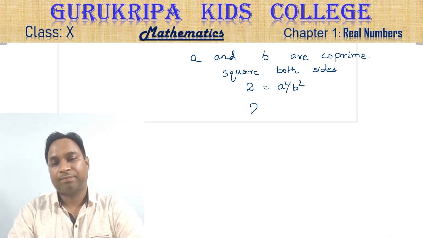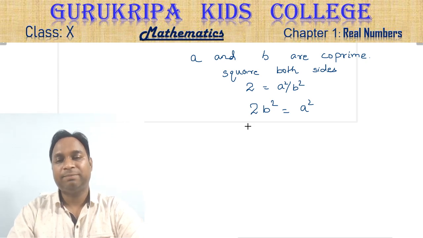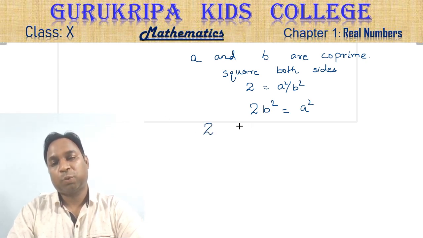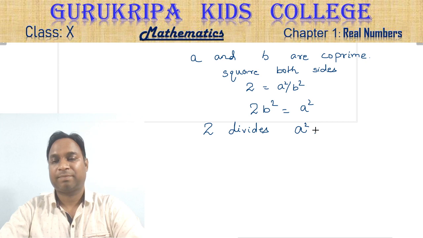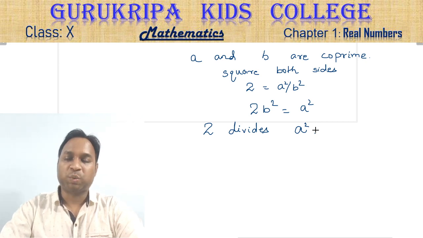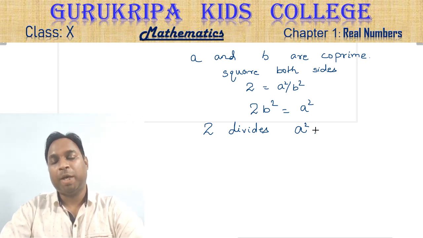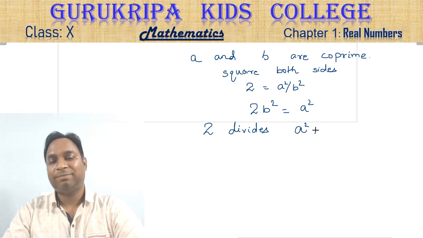That means 2b square is equal to a square. Very simple. That means now 2 divides a square. If 2b square is equal to a square, it means 2 has to divide a square. Isn't it? From the previous theorem,